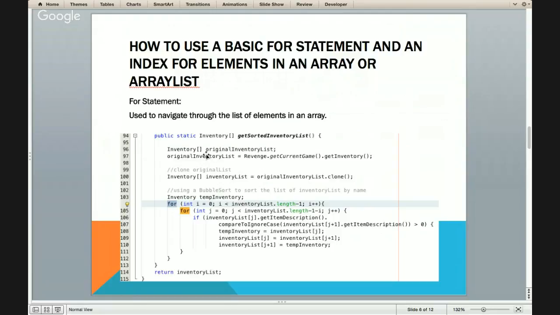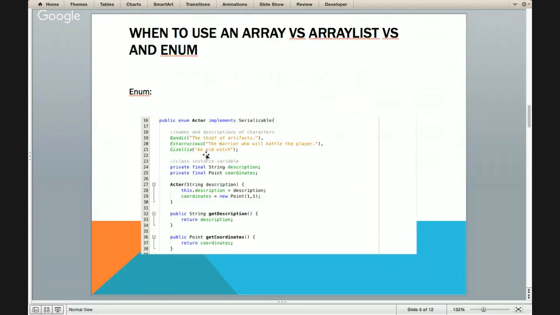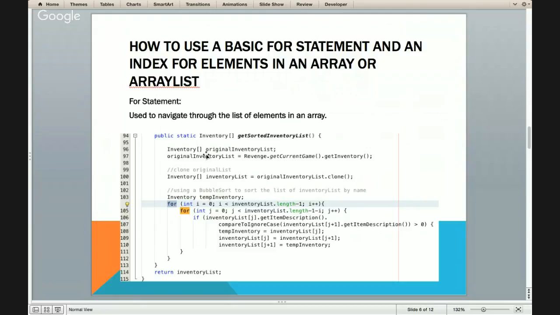The next item that I wanted to address is the